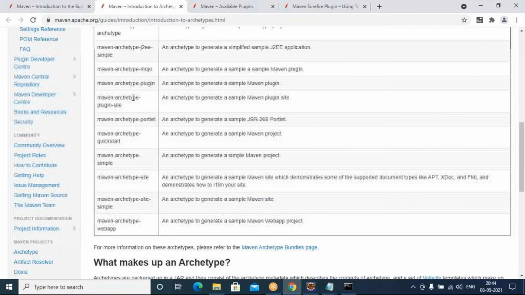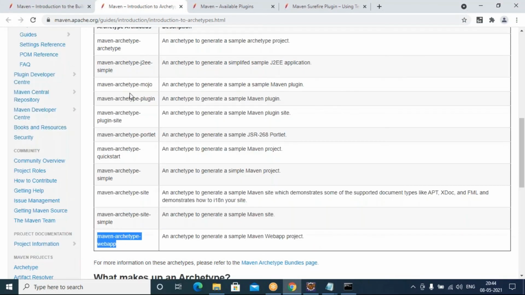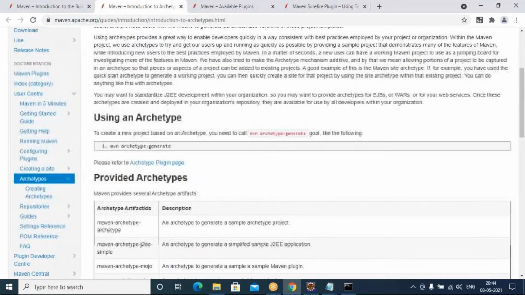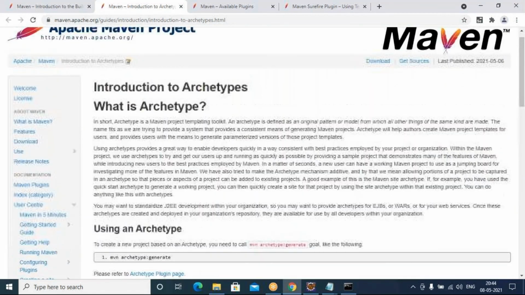These are all the archetypes we have. The quickstart archetype creates a simple Maven project, and we have the maven-archetype-webapp archetype for web applications. Like this, many archetypes are available. Now I am going to create a standalone project.